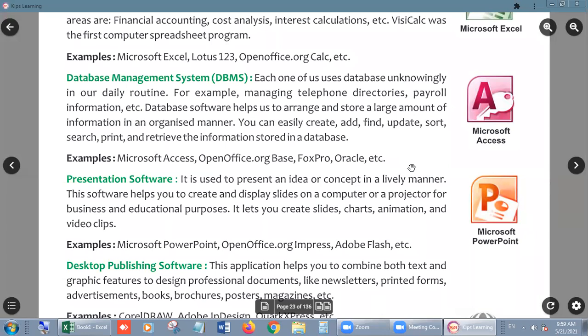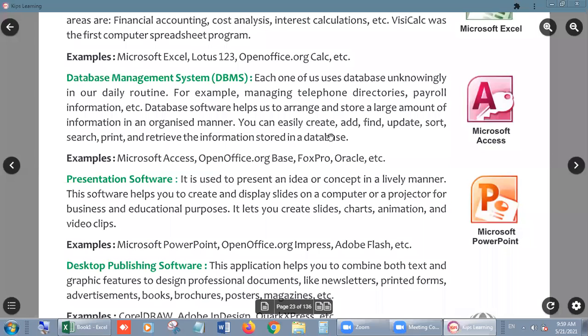So if we want to save huge amount of data, बहुत सारा data, then we can use DBMS, database management system, and the example of database management system is MS Access, right? This is the shape or logo of MS Access. It also comes in Microsoft Office. If you install Microsoft Office package, then all these programs will install automatically into your computer, right?